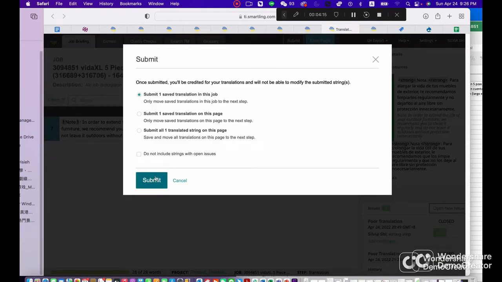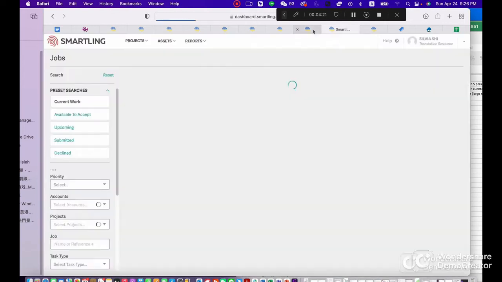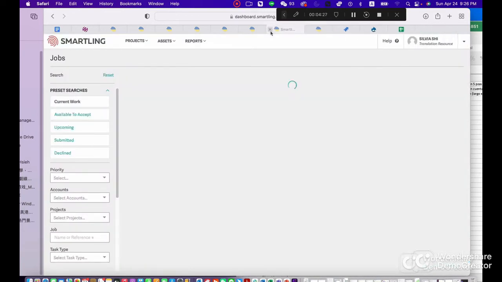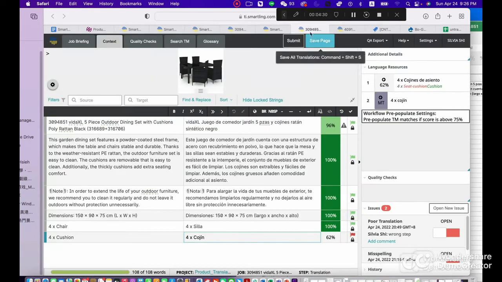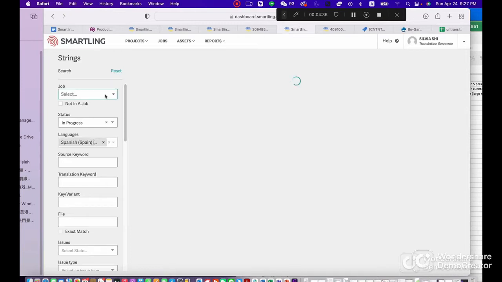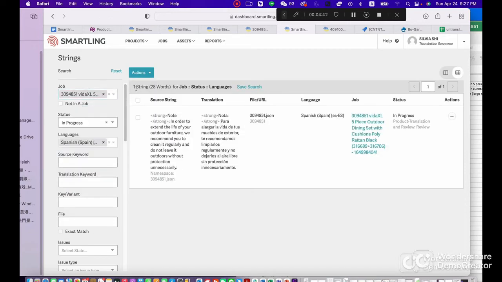And all the strings in these jobs have been submitted. So go to the string view interface again. And as you can see, there is only one string in the review step,